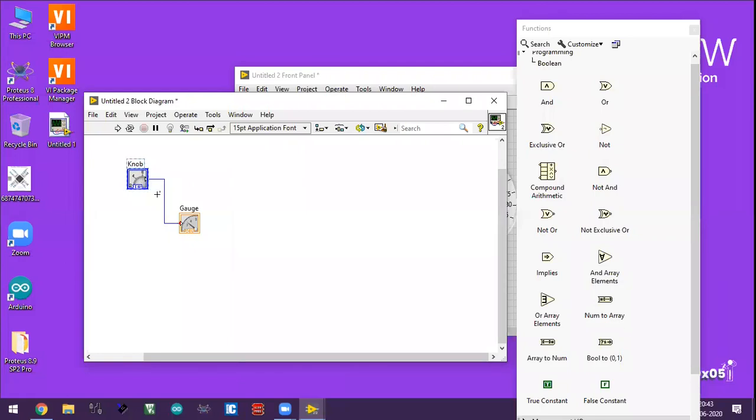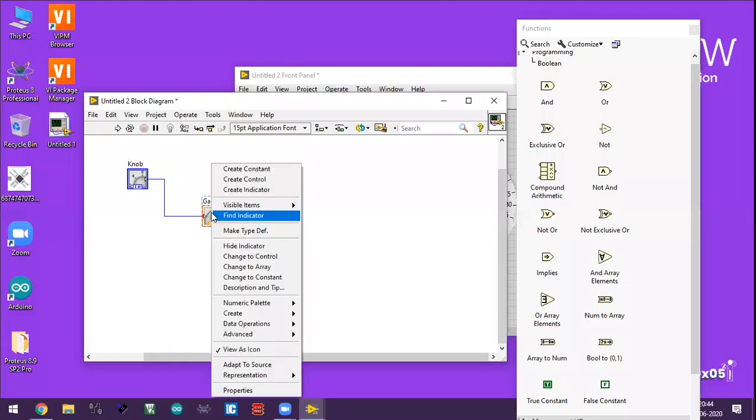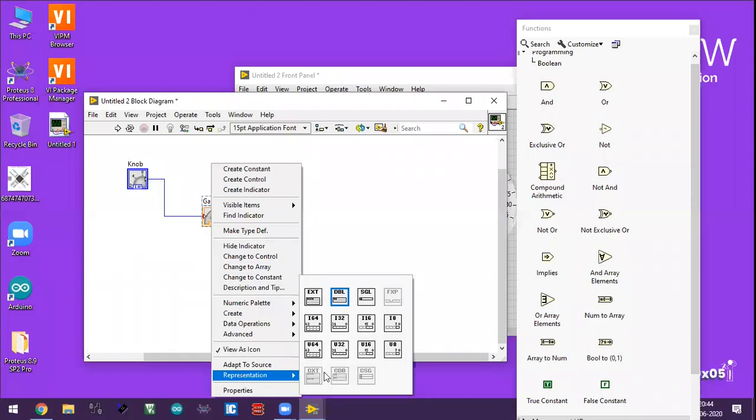See, the knob is converted to I32, meaning integer 32-bit format, but the gauge is in double format, so it will show the values but not clearly, because of the conversion of I32 values to double values. So we have to change the representation of the gauge also.